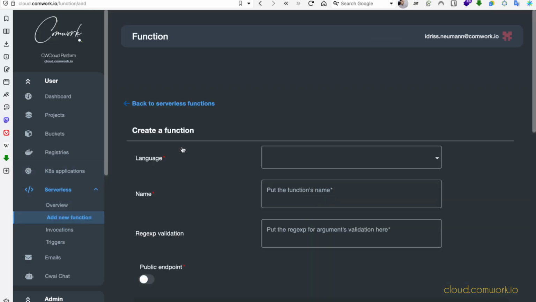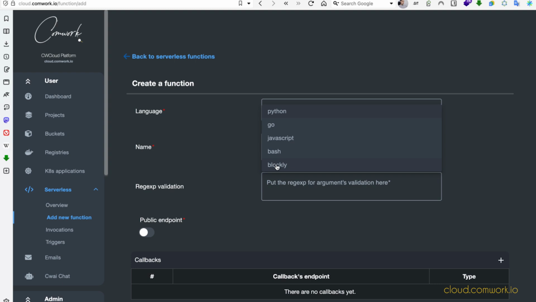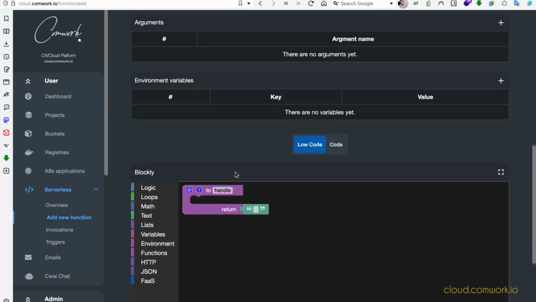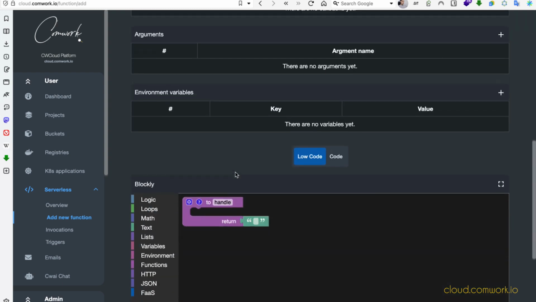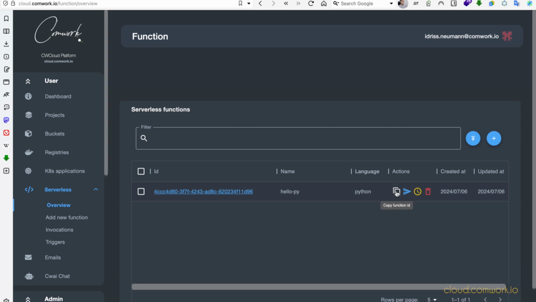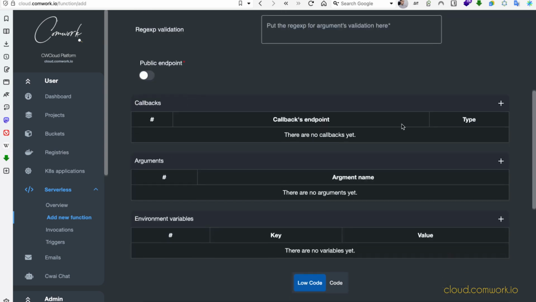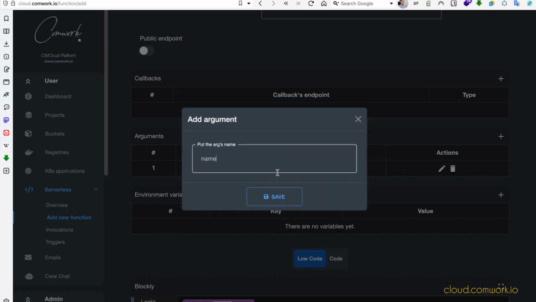Now we'll try to create a second function which will invoke the previous one in a language which is called Blockly. It is a low-code programming language which is based on a visual programming experience. This kind of developer experience is very popular among some particular population of users, such as IoT makers. Now I'll go back in order to copy the ID of the first function, and then I'll go to the Blockly function editor and reuse this ID. This one will be called Hello Bill, and I'm adding two arguments, name and surname, like we did with the previous function.